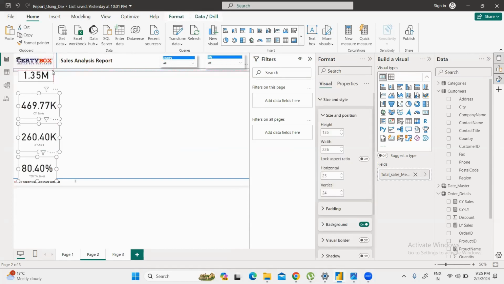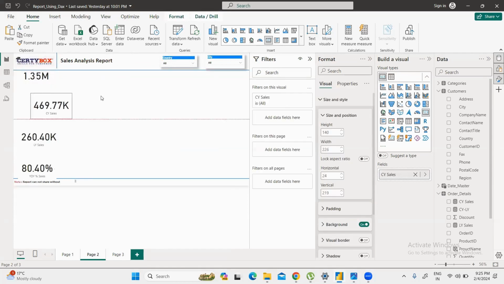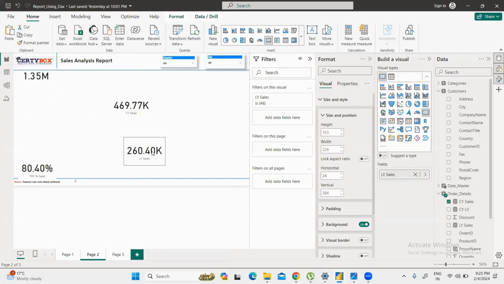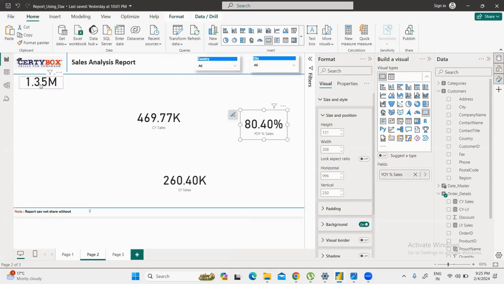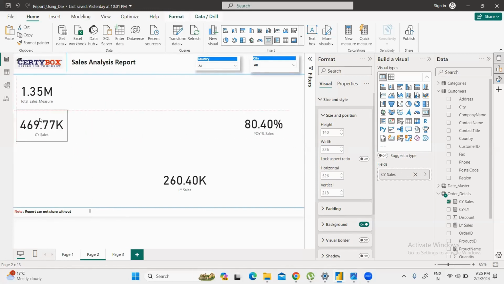We can change the size as per my requirement and the space we are using here. So this is my space, or you can do the things that we did earlier, right? This is my total sales, this is my current year sales,